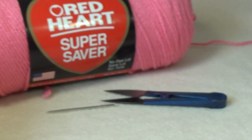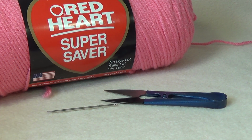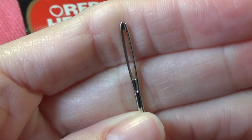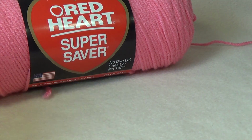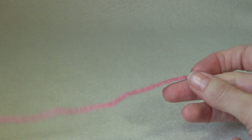If you're using 8 ply or double knit, I would recommend the hook that is recommended for that, which is normally a 4 or a size G, or the crochet hook that you normally use. We're going to need a yarn needle with a large eye, a pair of scissors, and we can start. If you're making it for yourself, it is going to be very easy to make it